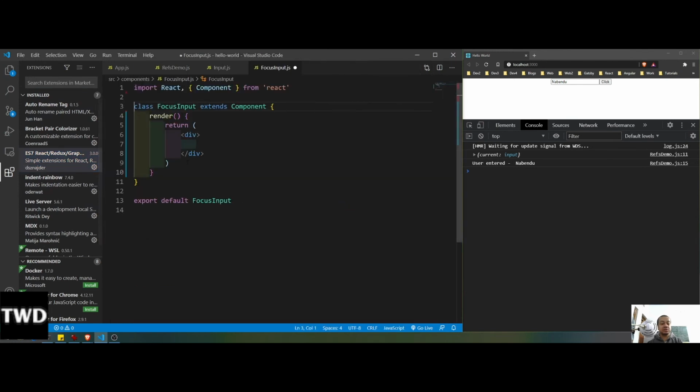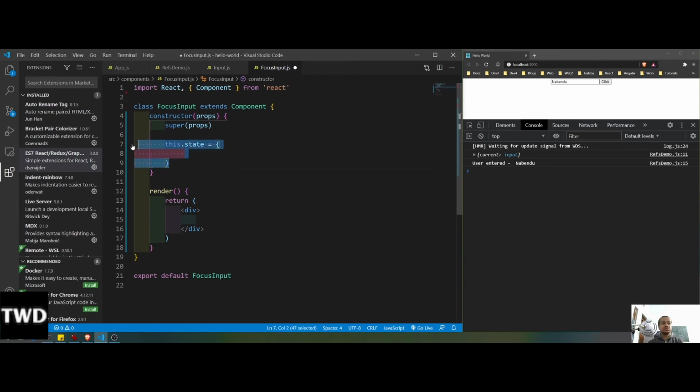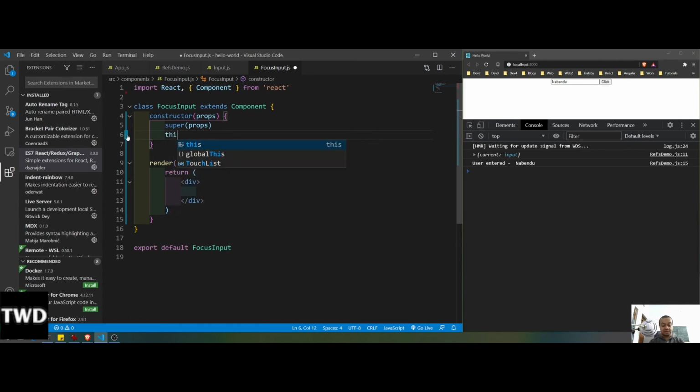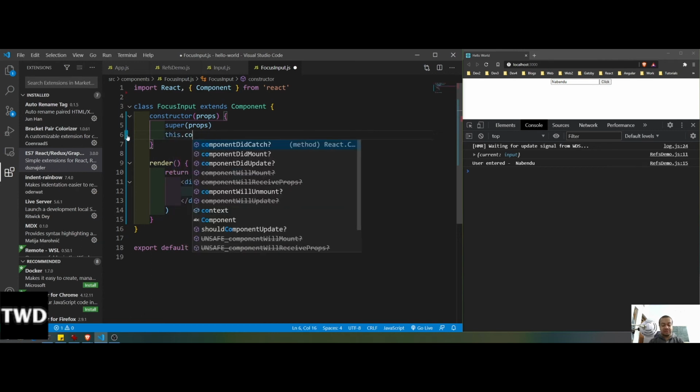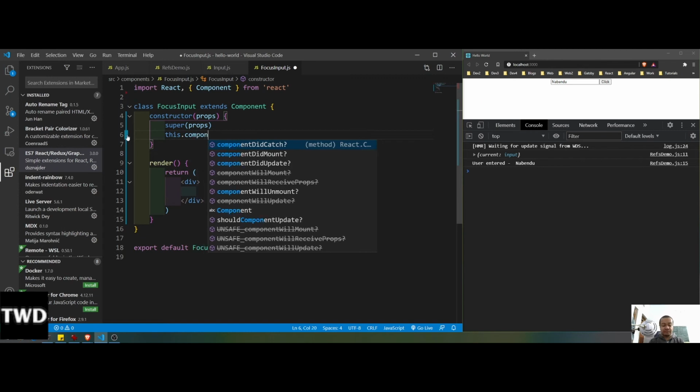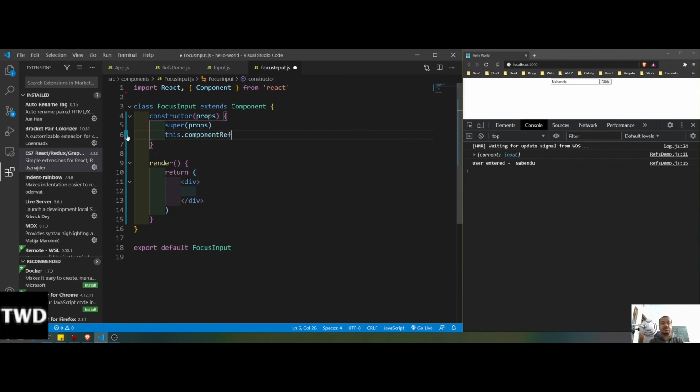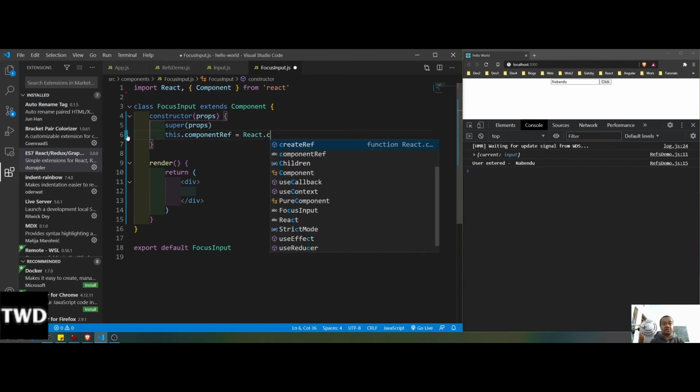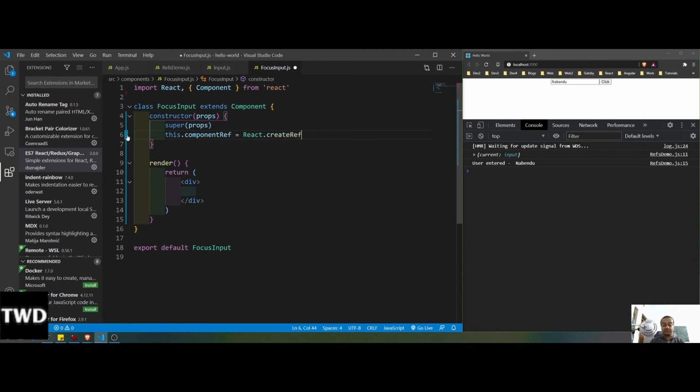So let me go again, and here again rconst, this.componentRef. See, that inputRef we had written, and now I'm going to write componentRef. We can write anything. It is not required that we have to do React.createRef. I have done it, and then